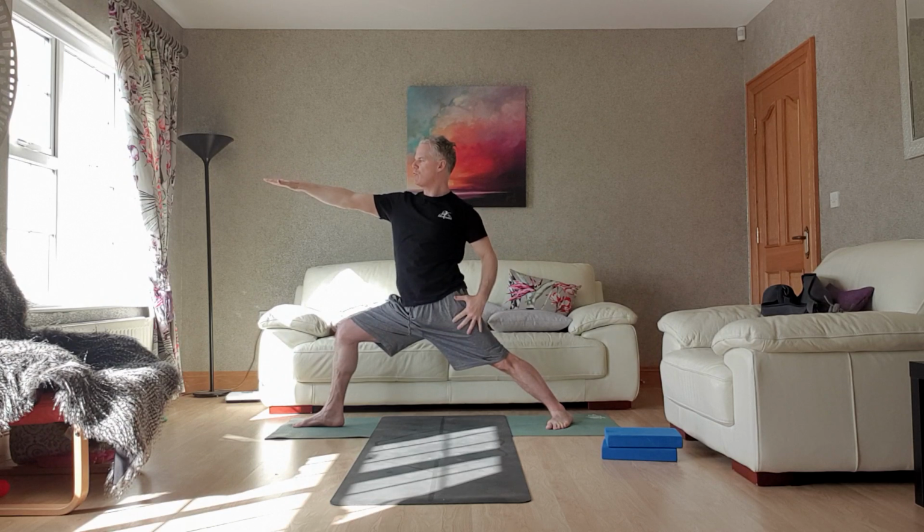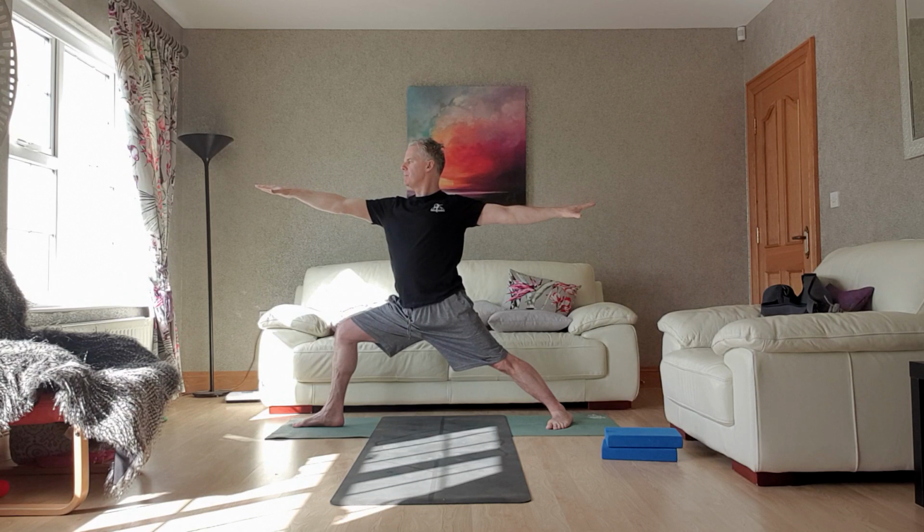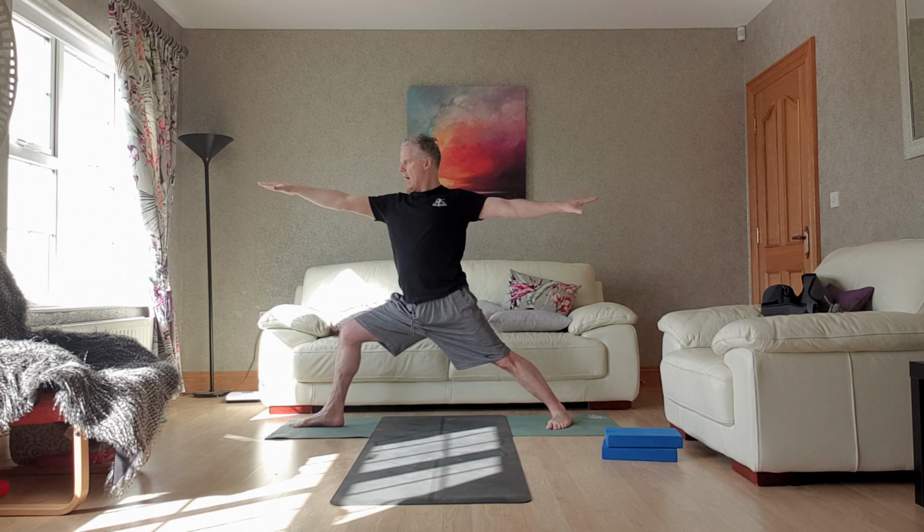lock out the back leg, get your strength from this back leg working strong. Lift the chest, lift the heart, take the gaze through the middle finger. Breathe in, breathe out. Inhale, exhale. And inhale, straighten up the front leg, turn the feet forward, take the hands down, have a wee break, roll